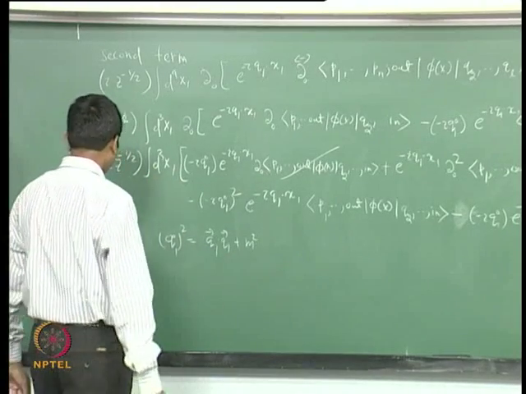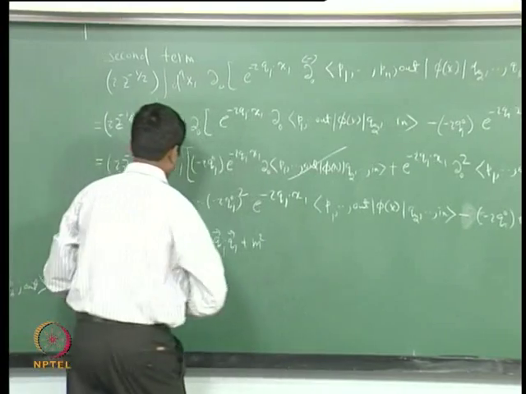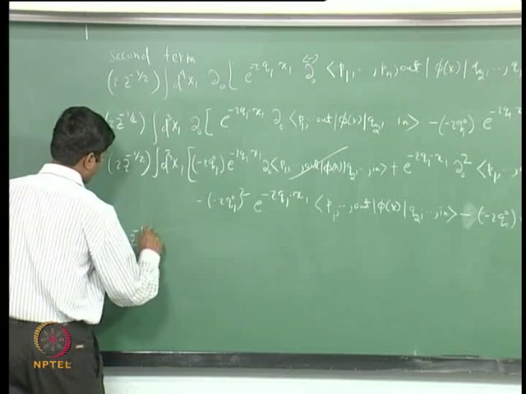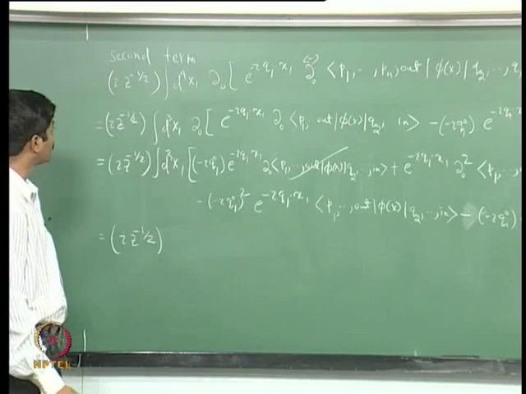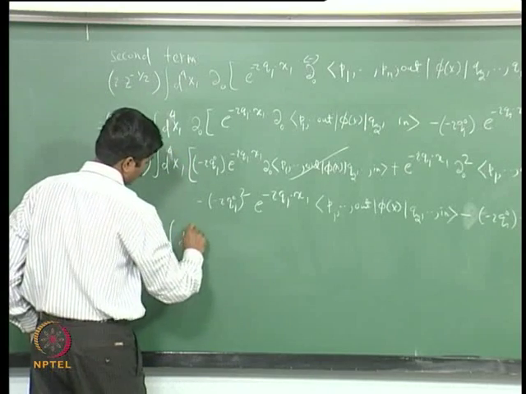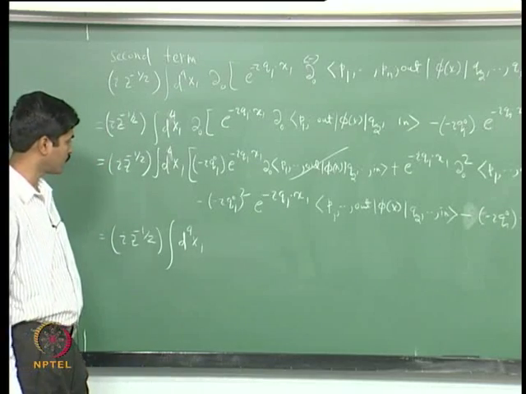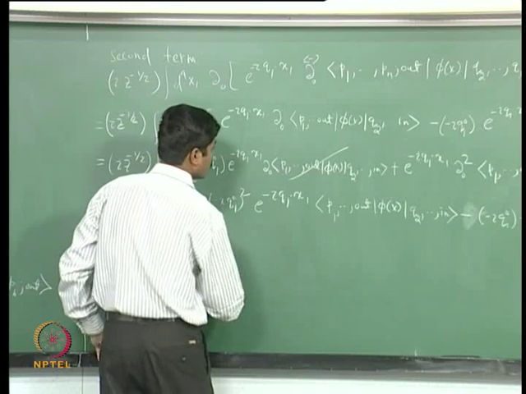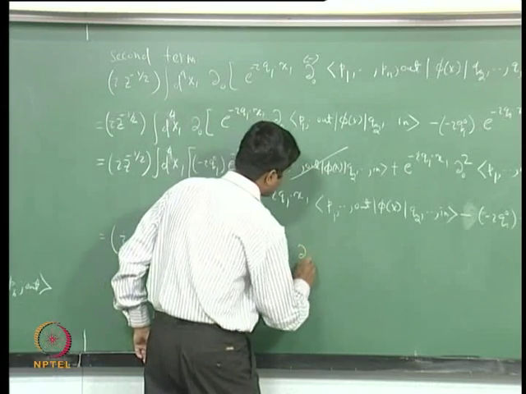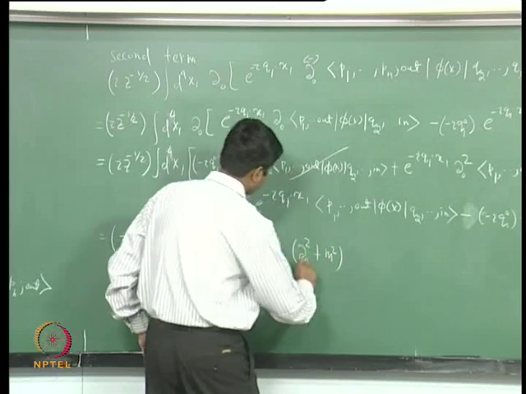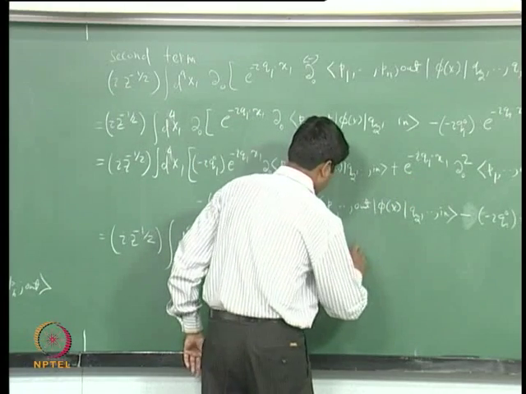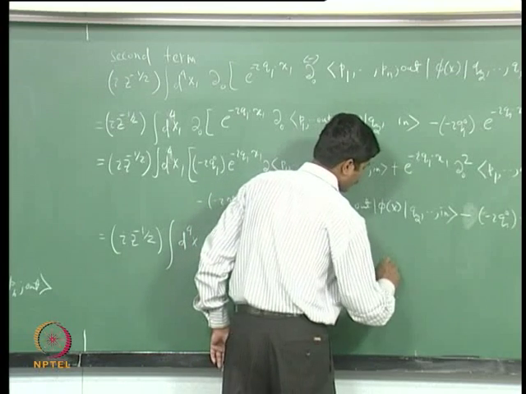So when I do that, the second term simply becomes i z^(-1/2) integration d^4x_1 e^(-i q_1·x_1) (∂_0^2 + m^2), because this will give me 1 m^2, acting on ⟨p_1 up to p_n out|